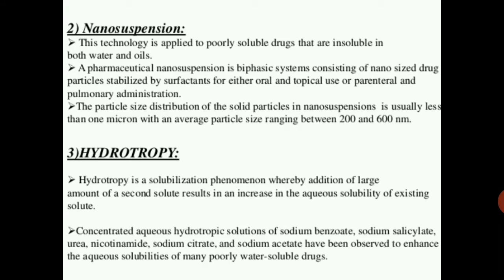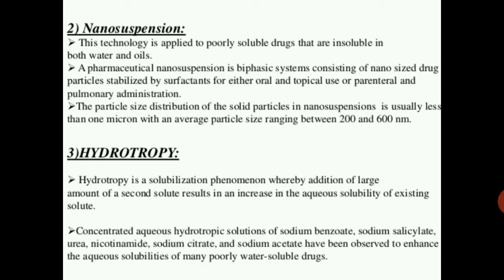The mechanism of this technique is not known, but it has been speculated that this change in the solubility of the drug in solution might be due to solubilization, complexation, or a change in the solvent character. A very good example of this technique is the enhancement of caffeine solubility in water due to the presence of a large concentration of sodium benzoate.